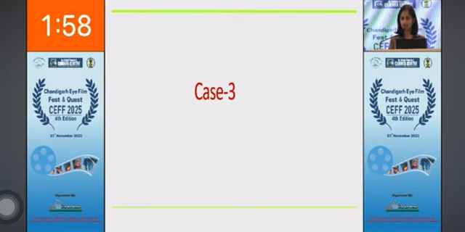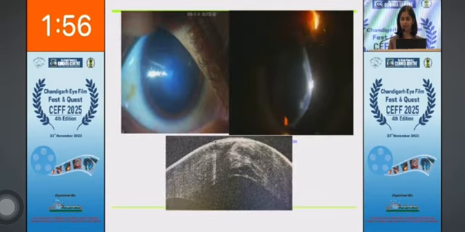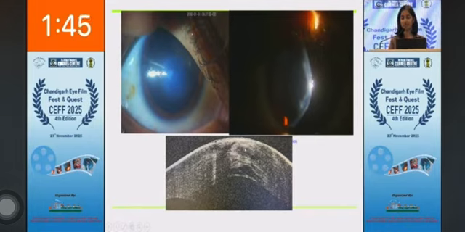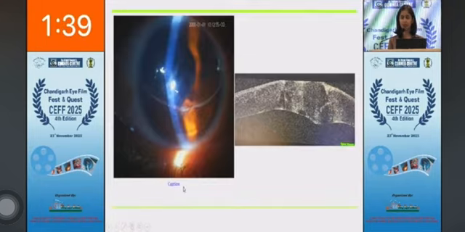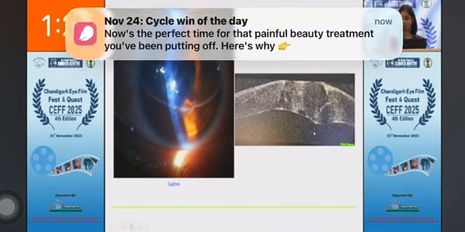Coming to the most recent case, a 15-year-old female presented with similar complaints. On examination, there was localized central corneal edema involving the visual axis. On ASOCT, there were epithelial microcystic blebs, intrastromal corneal fluid pockets, and a visible Descemet membrane tear. The patient was taken for compression suture and intracameral air injection. This is a post-op day 1 picture with reduced corneal edema. And this is a post-op ASOCT scan showing a compact cornea and apposed Descemet membrane.